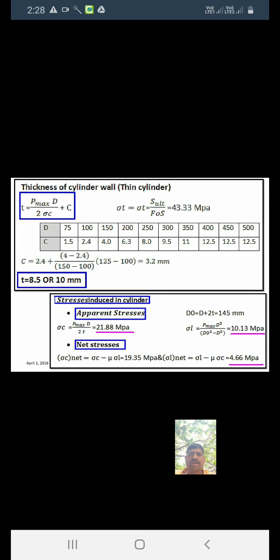Mu is Poisson's ratio, right? We have seen. Put that value in that equation, then you will get the sigma C net. The first value we get is 19.35 MPa, and for the second value you should replace the position of the sigma L. Here we have calculated the sigma C. For the sigma L net is equal to sigma L minus, we consider this the positive direction, and circumferential stress is the negative direction, that's why minus mu into sigma C, you will get